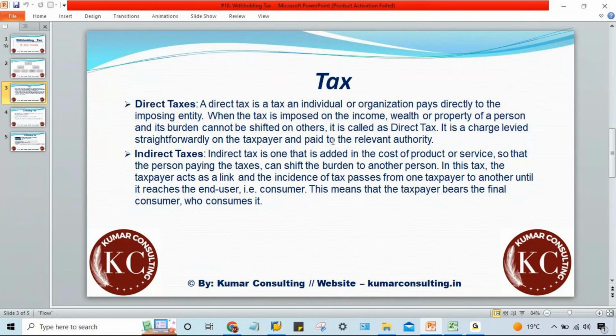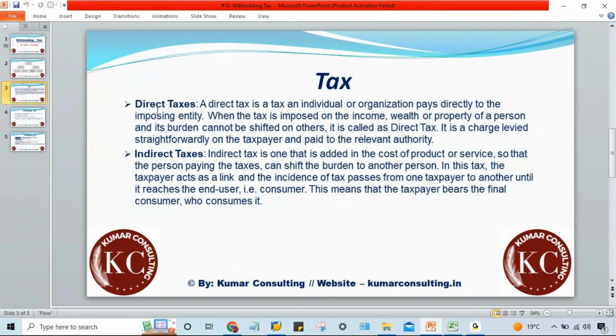We'll discuss that in detail when I teach indirect taxes. So here the tax burden is shifted from one entity to another, and finally it is paid by the end consumer only.